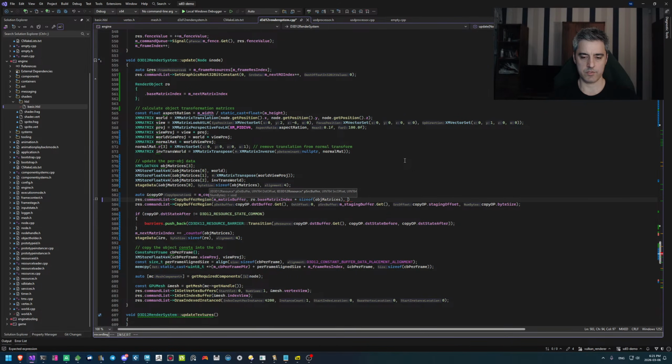And then the source buffer is going to be the staging buffer. No, it should be the staging buffer get. Offset is going to be